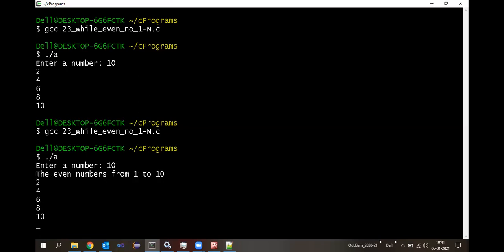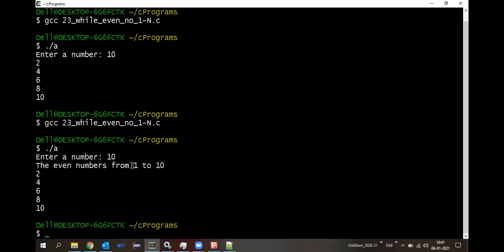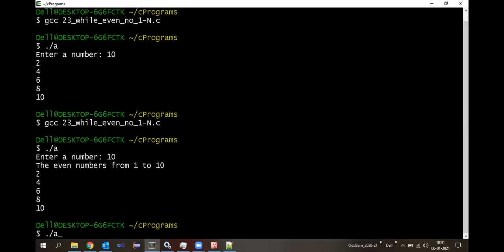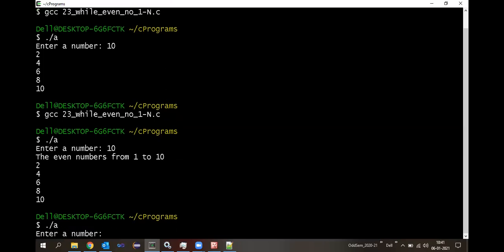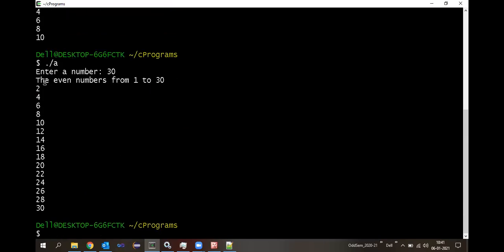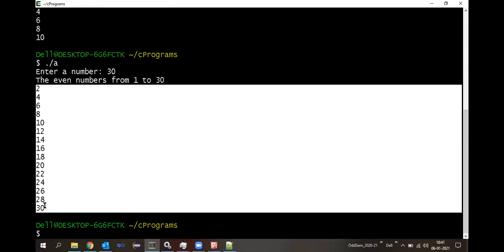Enter a number, say 10, and then the even numbers from 1 to 10 are these. Now, suppose I run once again, and this time I enter the number 30, it will display the even numbers from 1 to 30 are these numbers.